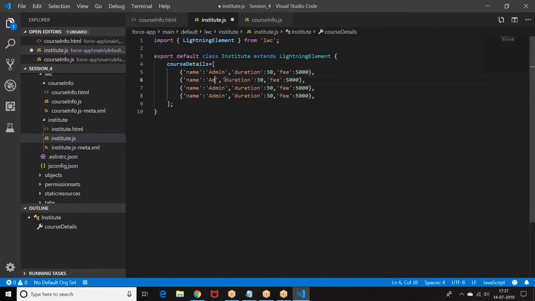So I add here some data, just to differentiate the information.